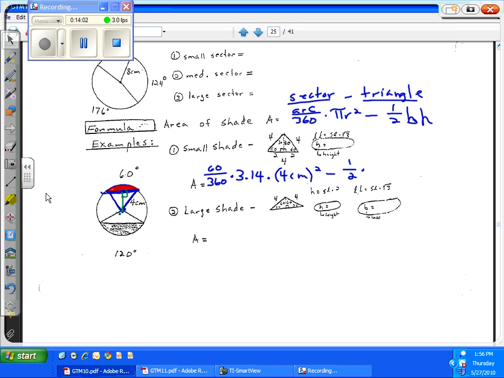Now we do it that way because if one radius is 4, the other radius is 4, and that gives us an isosceles triangle. And when we draw the altitude to the base of an isosceles triangle, we know that it bisects the base and the vertex angle. And so that allows us to find a lot of things. Now, if we take that and take a peek over here, you see that if we were to turn that upside down, in other words, we set it on its bottom, as we would do to find the area of a triangle,